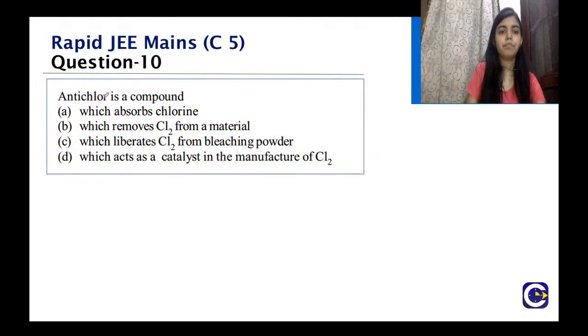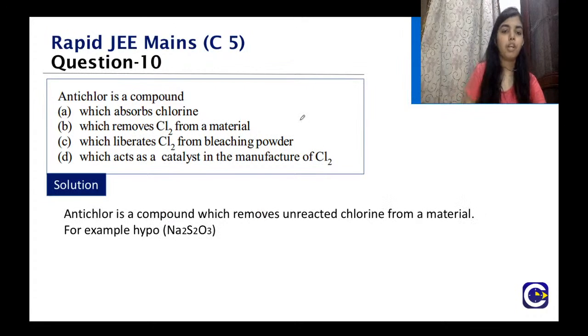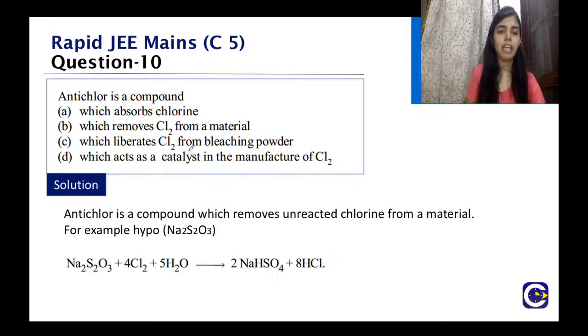Question number 10. Antichlor is a compound which absorbs chlorine, which removes chlorine from a material, which liberates chlorine from bleaching powder, which acts as a catalyst in the manufacture of chlorine. Now, what are antichlor compounds? Antichlor compounds are compounds which remove unreacted chlorine from a material. For example, if you take this hypo,